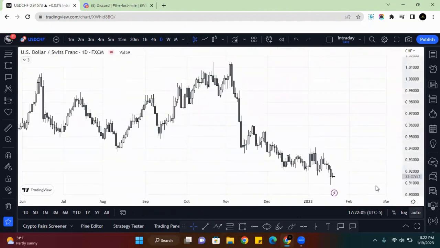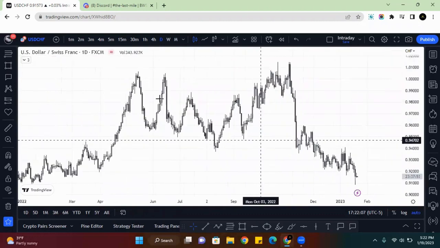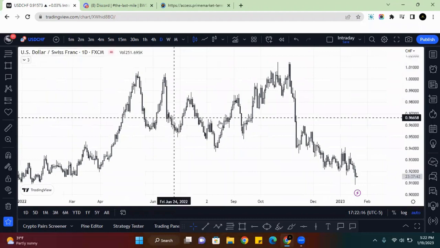So first thing, the U.S. dollar has been mostly extremely bearish, actually. Let me show you something real quick in context with that in terms of fundamentals. The United States of America currently is in a recession, and